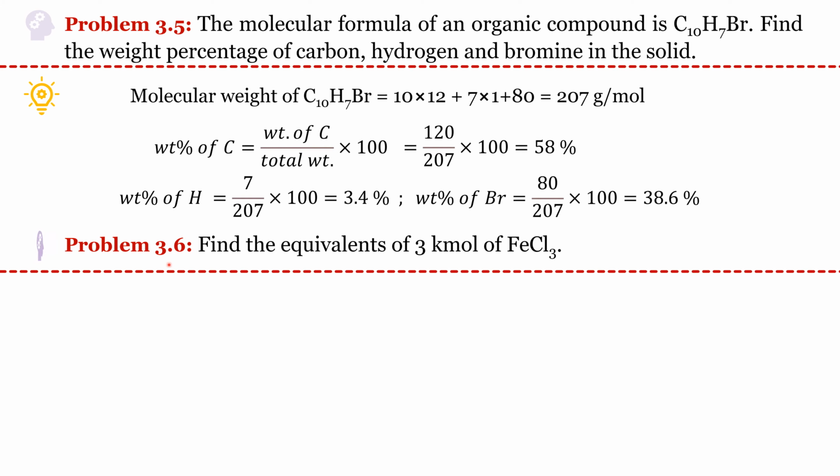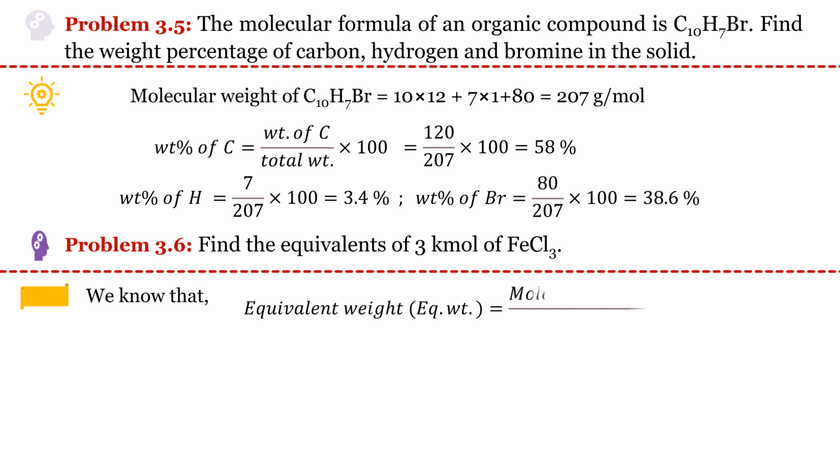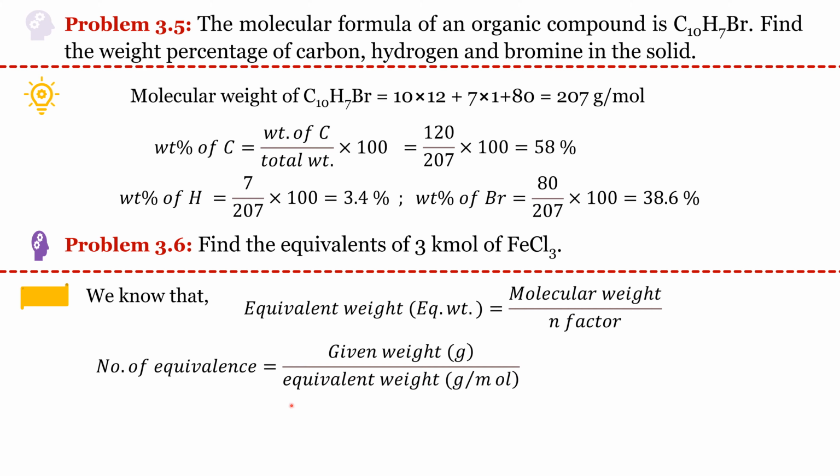Now problem number 3.6. Find the equivalent of 3 kilomole of FeCl3. So we need to find the equivalent of FeCl3. We know that the equivalent weight equals molecular weight divided by N factor, and the number of equivalents equals the given weight divided by equivalent weight. Now if we put the value of equivalent weight, that is molecular weight divided by N factor,